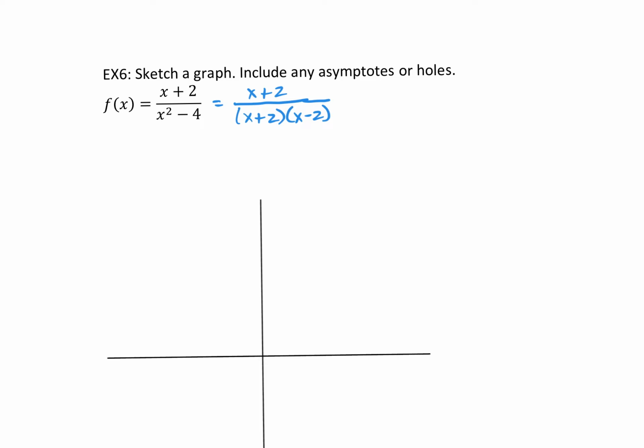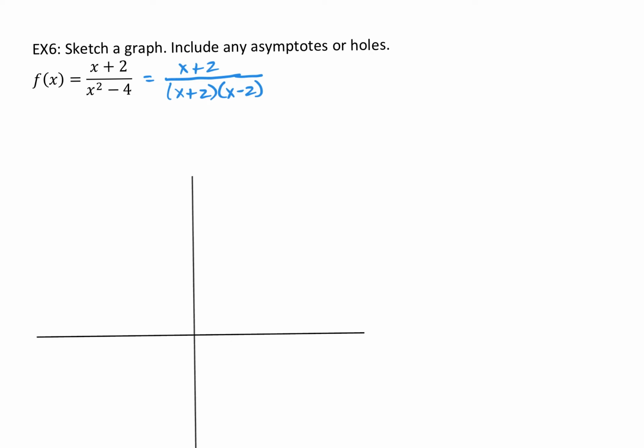But I want to write my domain down before I reduce. My domain would be that x cannot be equal to -2, x cannot be equal to +2. Again, once I reduce, I'm going to lose that x is equal to -2, and that will become a hole,